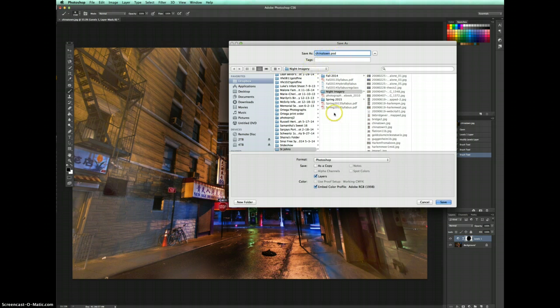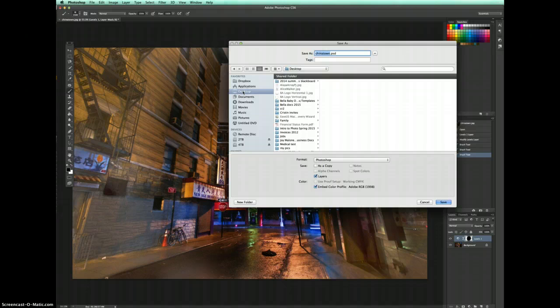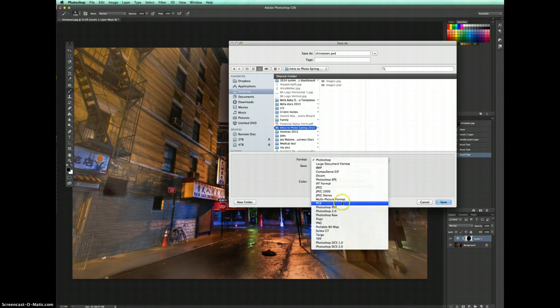Okay, so you give your image a title, and then here to the left, you can tell it where it's going to save, which hard drive, which folder. I would suggest on your desktop, because your desktop is an easy place to find, creating an Intro to Photo Spring 2015 folder and saving your work there. So if I want to work with it again, like I said, I would use a Photoshop file or a